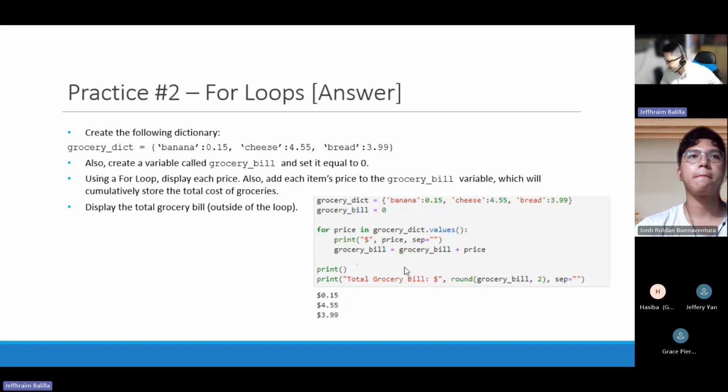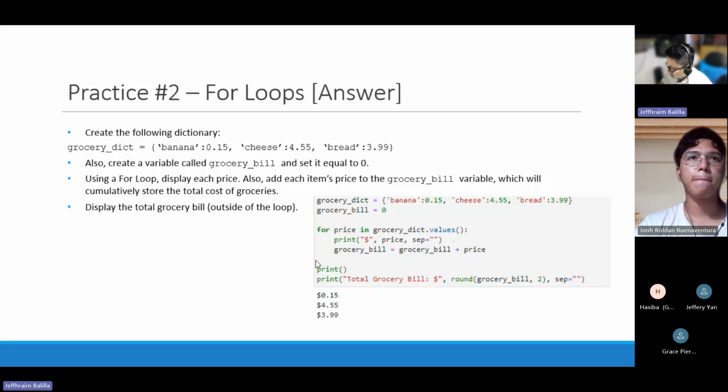Okay, so what we have next is the updating of the value, which is just adding the values from the dictionary to the current value of the grocery bill variable. So that's something that we already know.